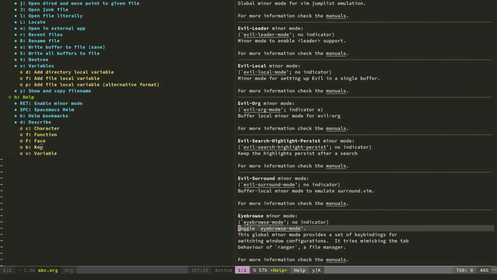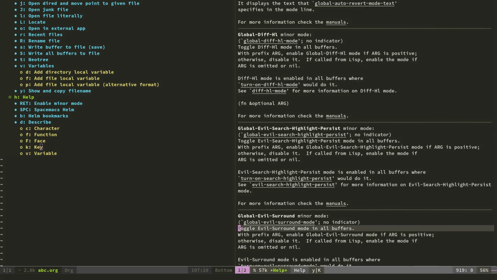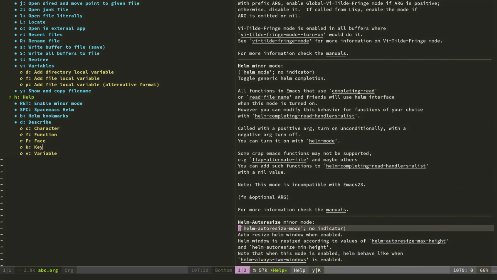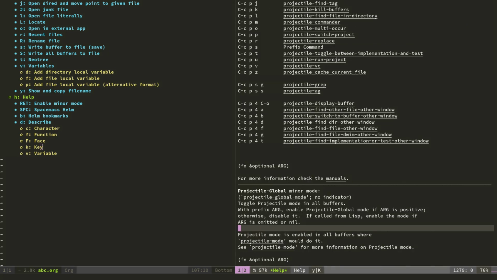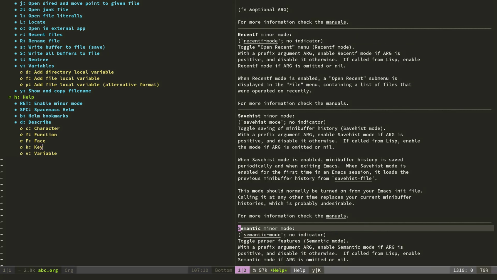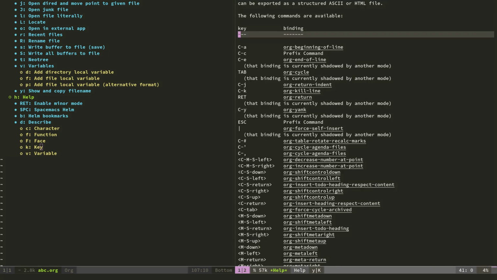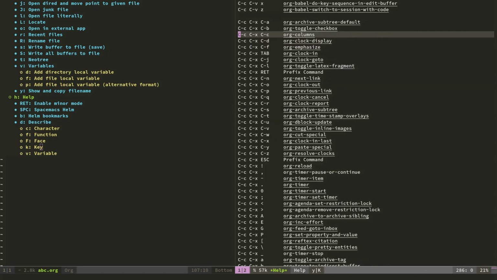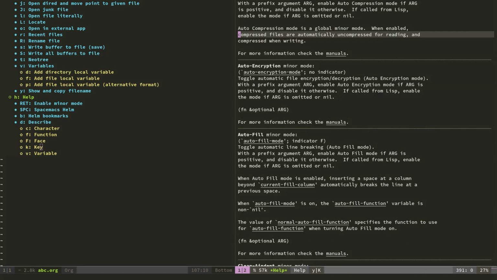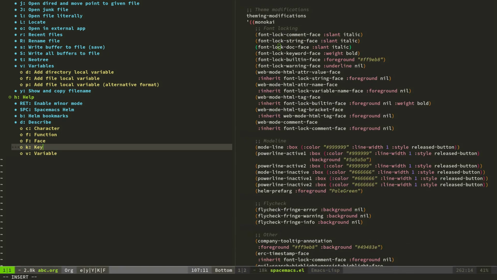So there's a ton of information here, and typically you're not interested in all of this, but it may come in handy, especially if you have performance problems. We may ask you to check this buffer, see what your enabled minor modes are, and if any of them are performance hogs. So this one is also handy. M describe mode, space HD